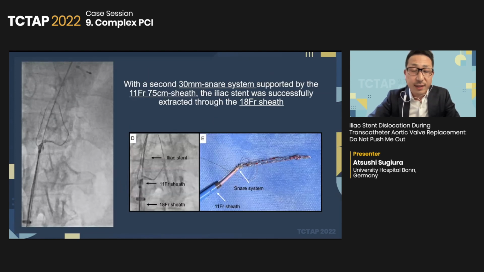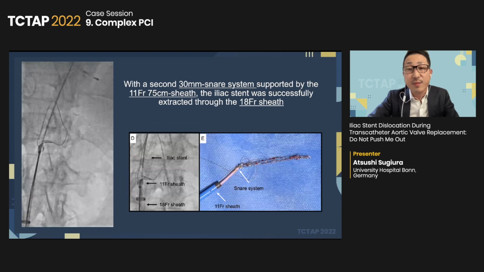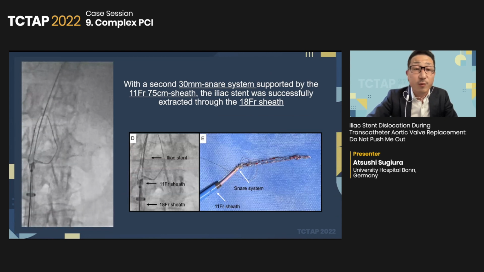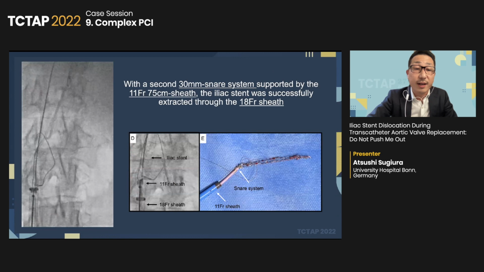So we delivered a second and larger 30 millimeter snare system to catch the middle portion of the stent. And finally, the iliac stent was successfully extracted through the